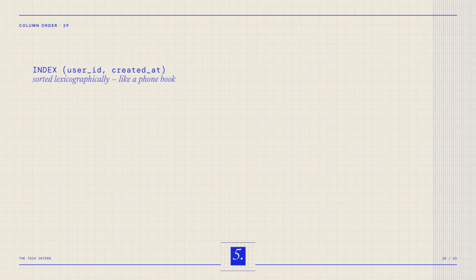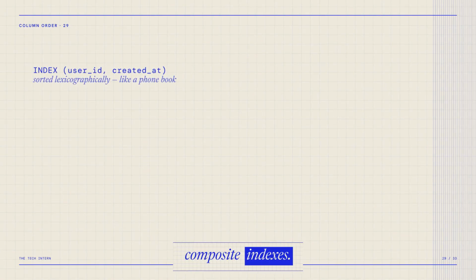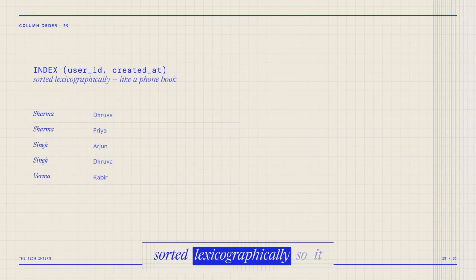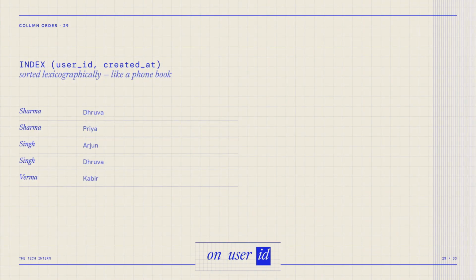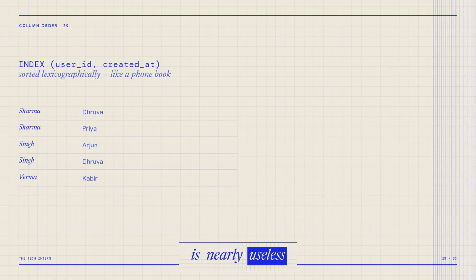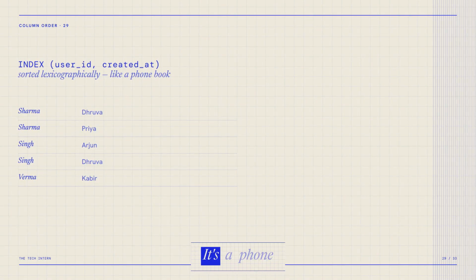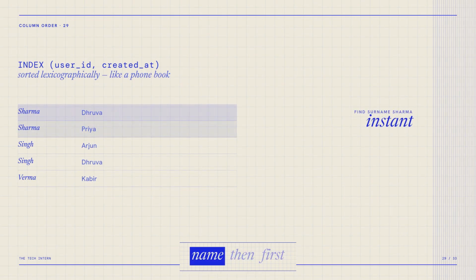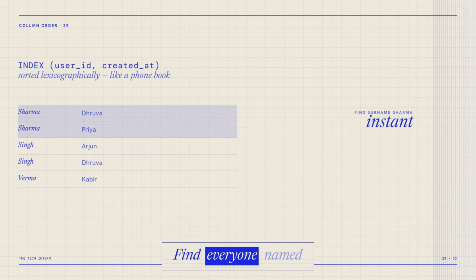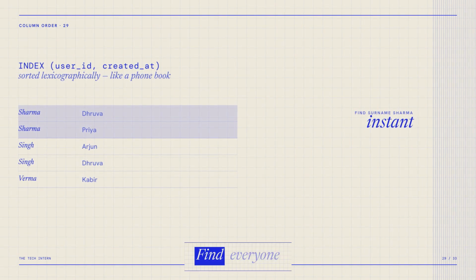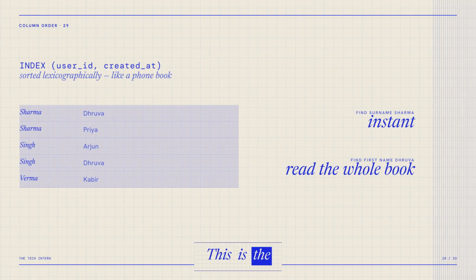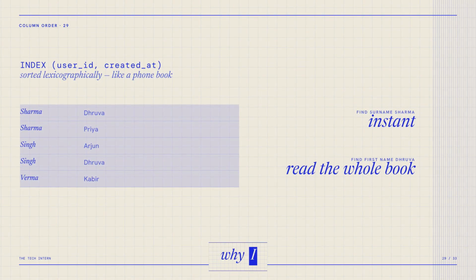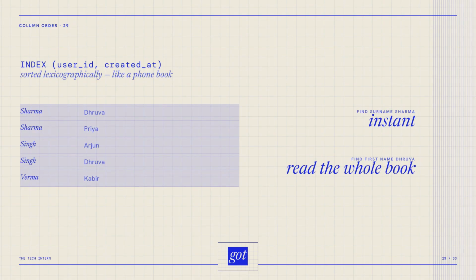5. Column order in composite indexes. Our index was user ID, then created at. A composite index is sorted lexicographically, so it can serve a query on user ID or on user ID and created at. But it is nearly useless for a query on created at alone. It's a phone book sorted by last name then first name. Find everyone named Sharma? Instant. Find everyone whose first name is Dhruva? You're reading the entire book. This is the leftmost prefix rule, and it's why "I added an index and nothing got faster" is usually a